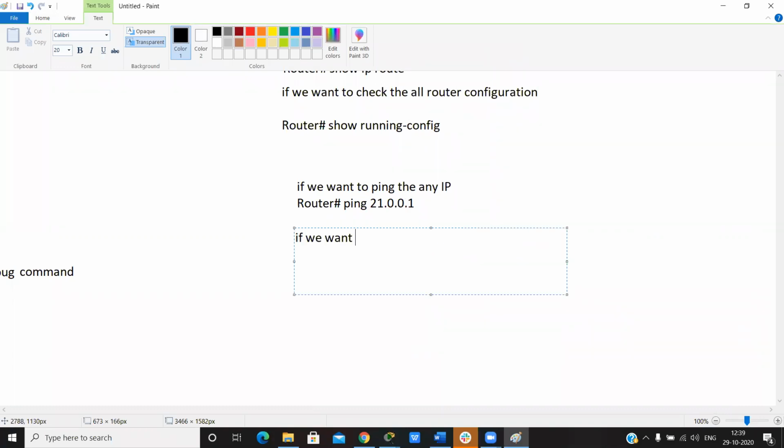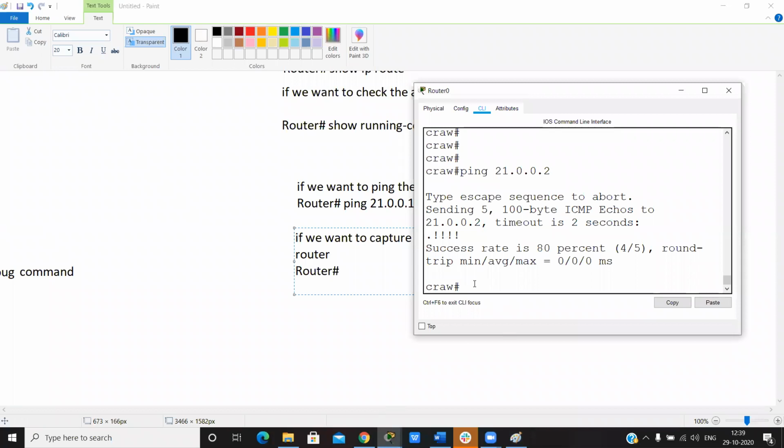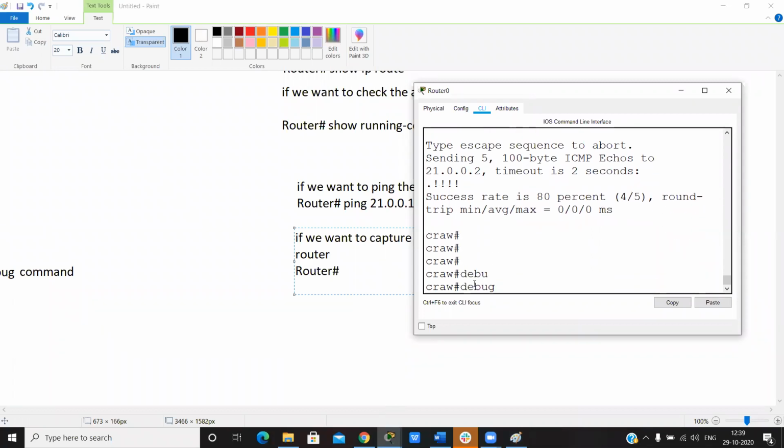If we want to capture, or say generate a log message, for which packet we receive on the router, so we can run, and see every time this command is different, because this time I want to check debug ip icmp.